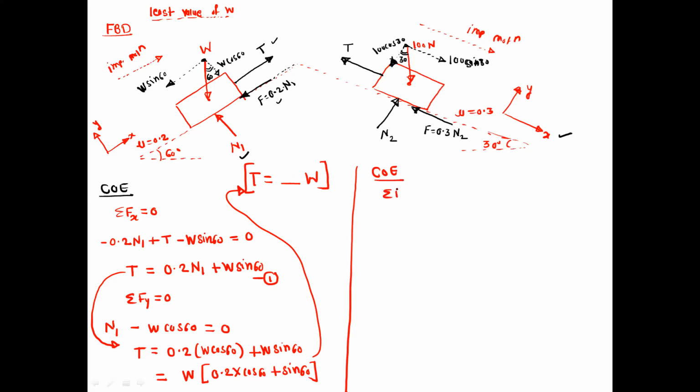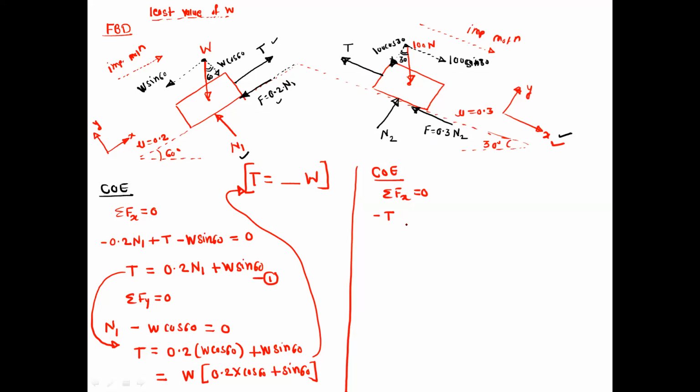So take summation Fx is equal to 0. For summation Fx, we have the T on the negative side, so it is minus T. How can you decide whether it is on the negative side? Take this as a reference. The X-axis shown here is on the positive x side, so T will be on the negative x side.